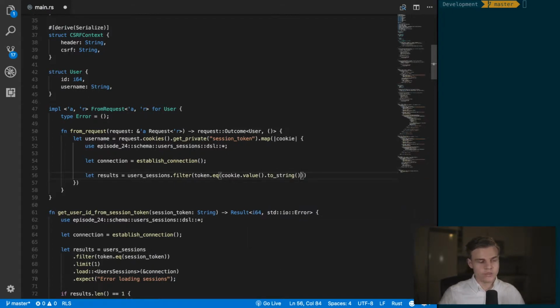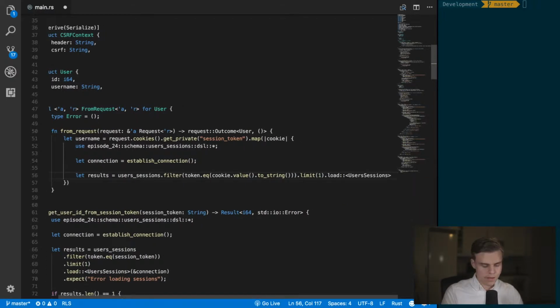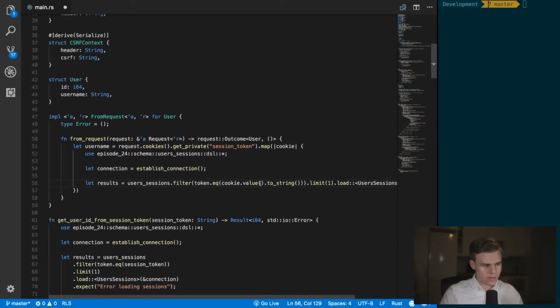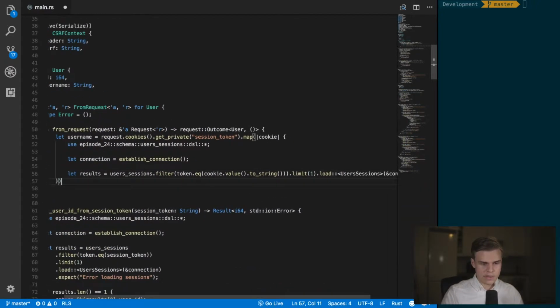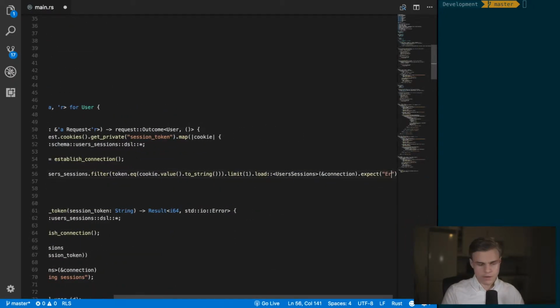So essentially all we want to do is we want the token in the database to match our cookie token right here, and then we also just want to limit this to 1, and we want to load all of this into UserSessions like so. And we want to use our connection that we created up here. And finally, we need this to expect that error